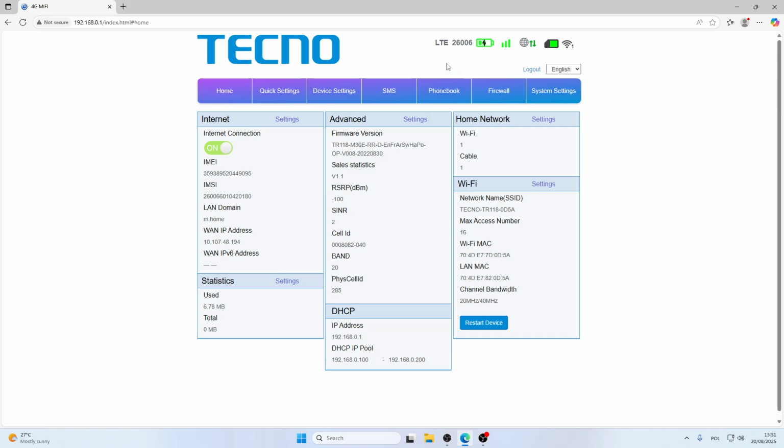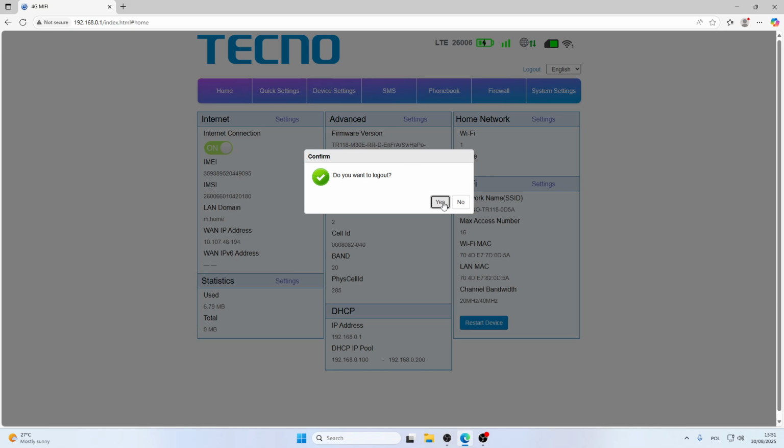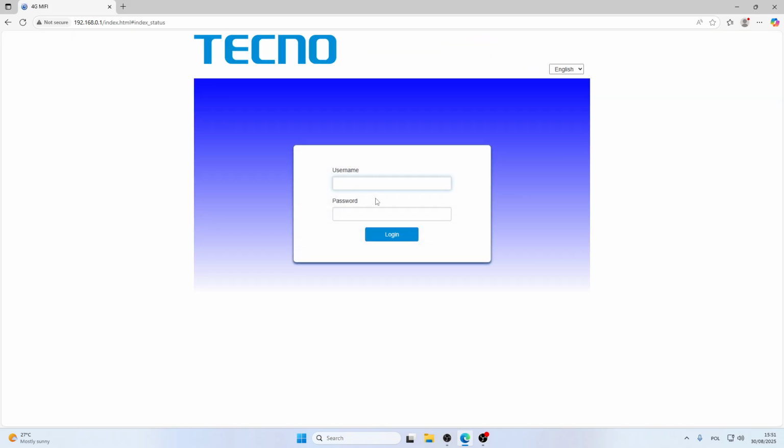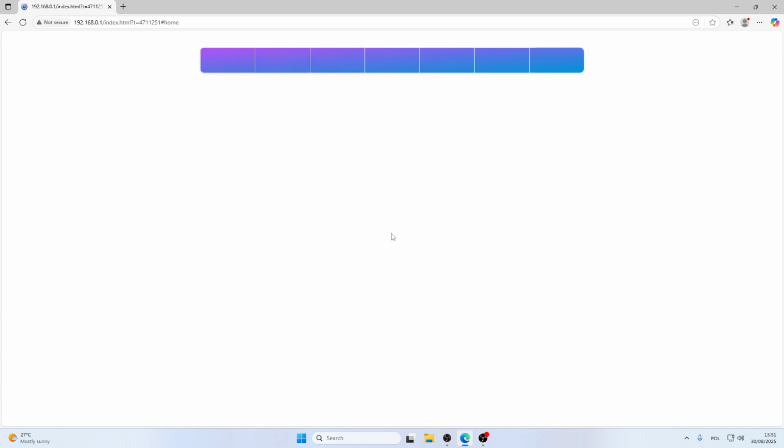log in. So the default password is, let me just show you, it's admin. The username is admin and the password is also admin. So now let's log in